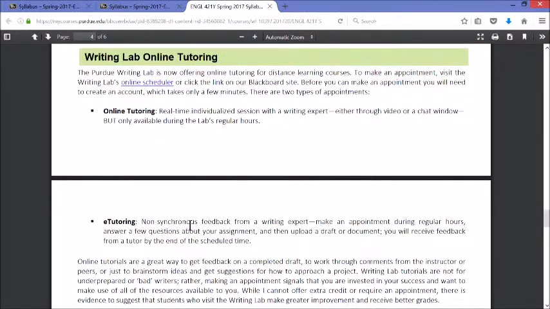Here is a quick overview of the Writing Lab's online tutoring. Because this class is entirely online, I strongly recommend that you take advantage of the Writing Lab's online tutoring. There's two forms of it. Online tutoring, which is real-time individualized sessions, and then e-tutoring, which is non-synchronous. So you upload a document, and then during regular Writing Lab hours, a trained tutor will respond and give you